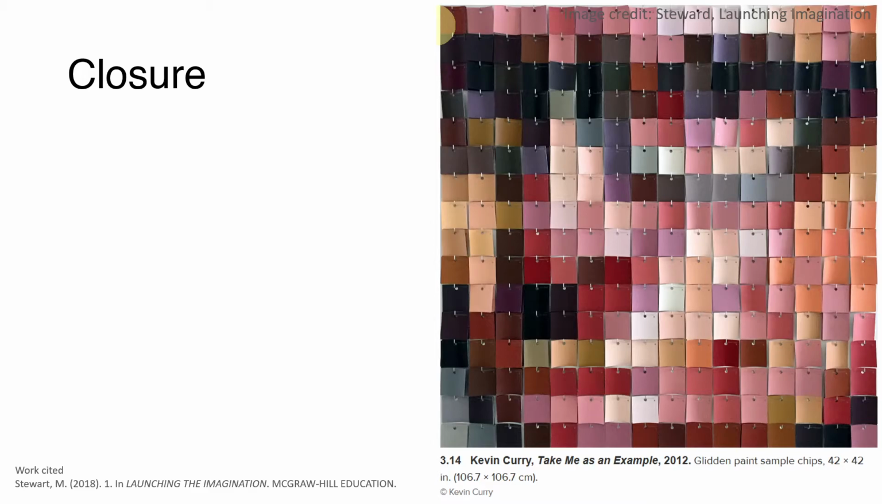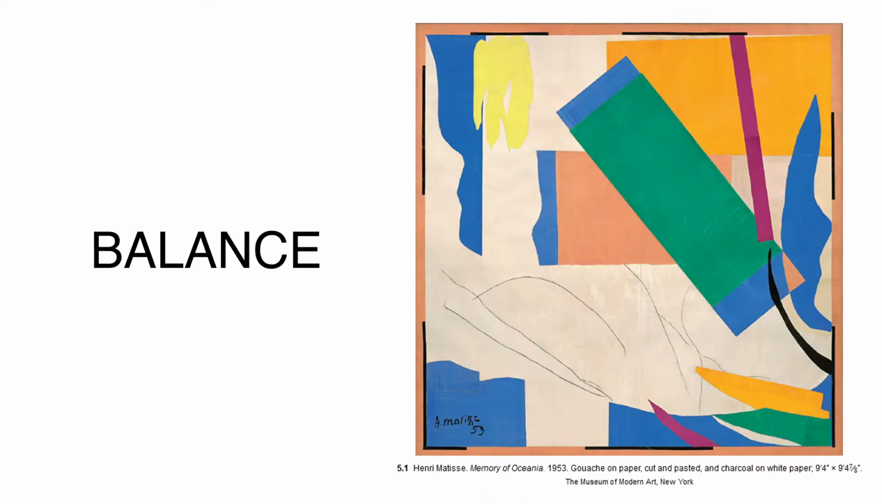In this image, Kevin Curry created a self-portrait from paint samples he collected from a nearby store. From close-up, the image is simply a collection of evenly colored squares. However, from a distance, closure transforms them into a man's face. So that is how closure works, and that is it for the unifying forces. Let's take a look at the next